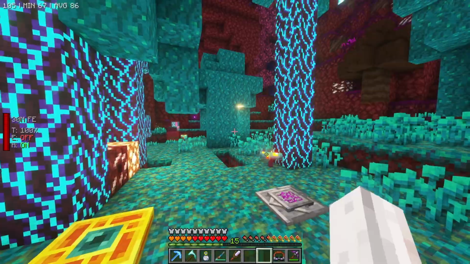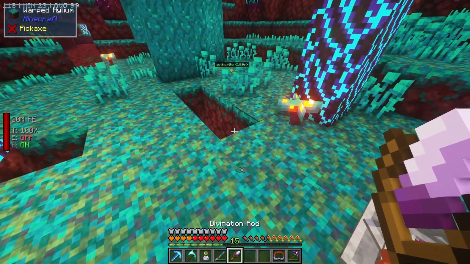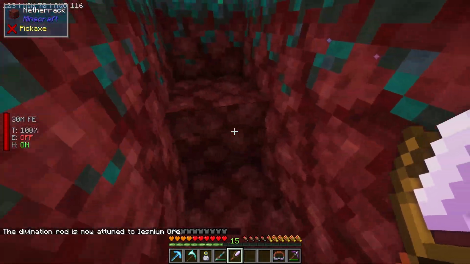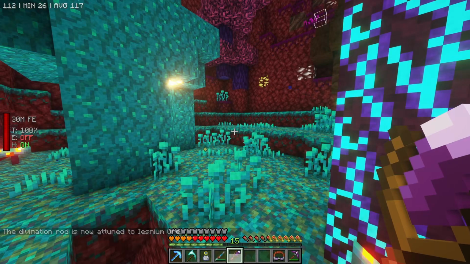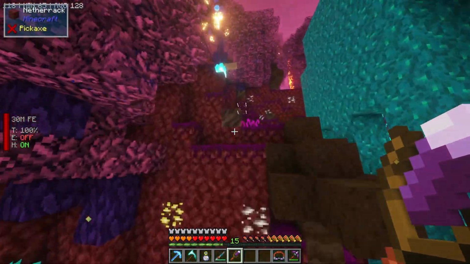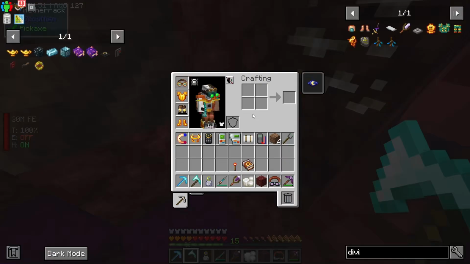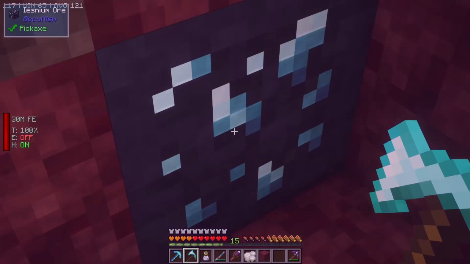But yeah, once you're in the nether, you get your hands on a divining rod and you hold it down on netherrack. So you want to shift right click on it to attune it to Easnium ore because that's the only ore that can spawn in the nether, I believe. Then you hold right click and it charges, and it highlights them through walls. So if we go all the way up here, there is Easnium through here. But if we break these blocks, you'll see that just looks like netherrack. What we need to do is also get these other world goggles, place those on, and there we go, Easnium